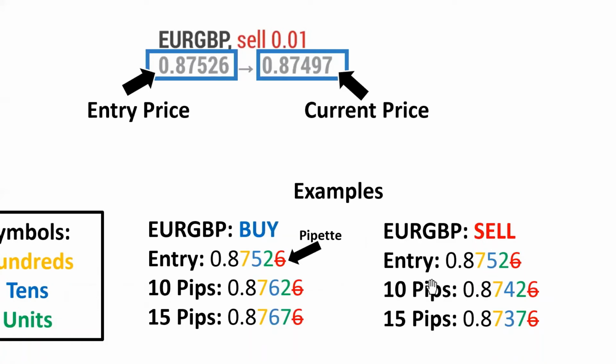So say, for example, we've got the 0.8752, we ignore the pipette. So if it's 10 pips, then we need to subtract the 1 from the 5, which will give us a 4, so 0.8742. For example, if we've got a unit as well with 15, we need to subtract the 5